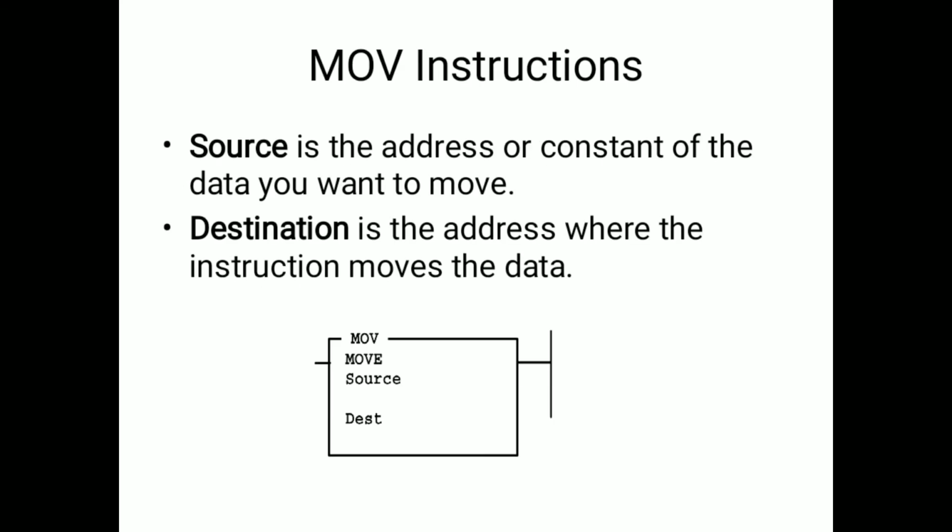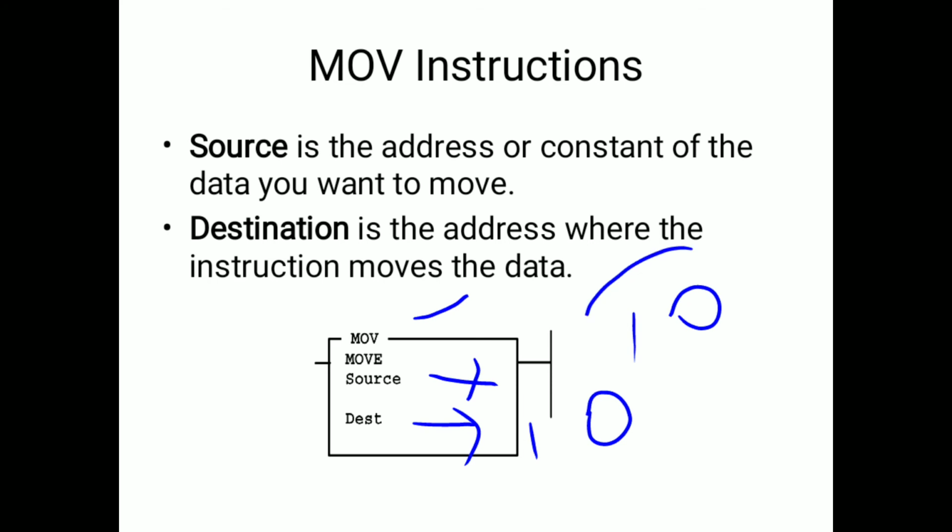How will we use this? We have to define it like this in a box. We will write MOVE. We have to give here the addresses of source and destination. Source means from where we want to transfer the data. Suppose at the source we have data 10 and we want to store it at the destination address. After using this command, the destination will have 10. The source will not lose its data, it will still have 10. It basically copies the data from source to destination. It is not completely moving the data, it is just copying the data from one position to another position.